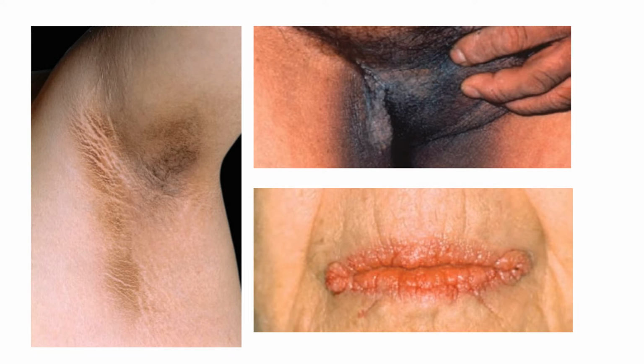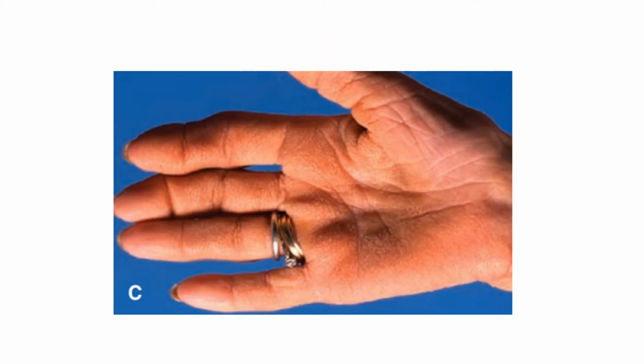There is another picture, and in this gross picture, the vermilion border of the lip is showing verrucous growth, and this is velvety. The oral mucosa was also involved, and there was a deep furrowing of the tongue also present. This gross picture is showing a tripe hand. This is the feature of type 5 of Acanthosis nigricans.